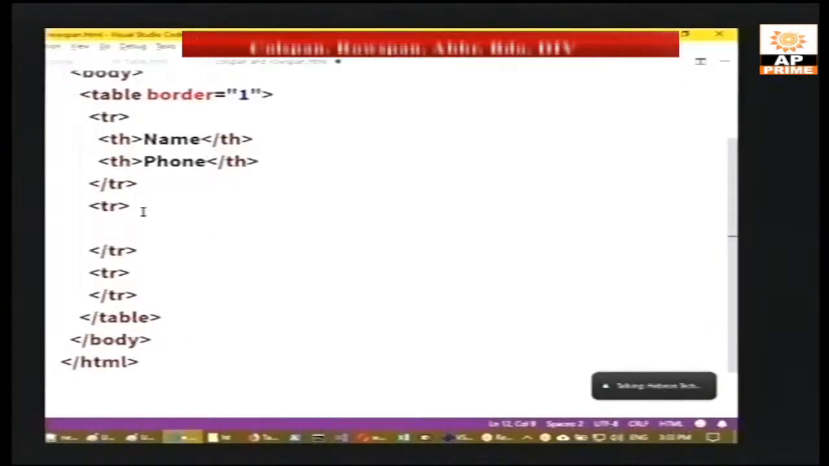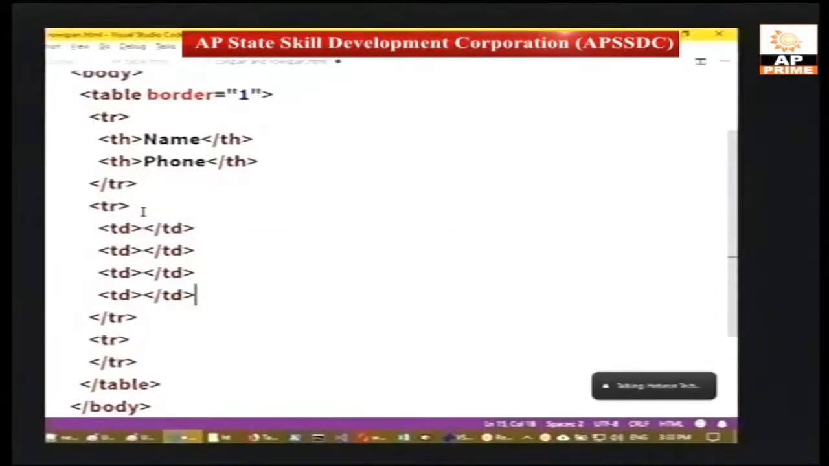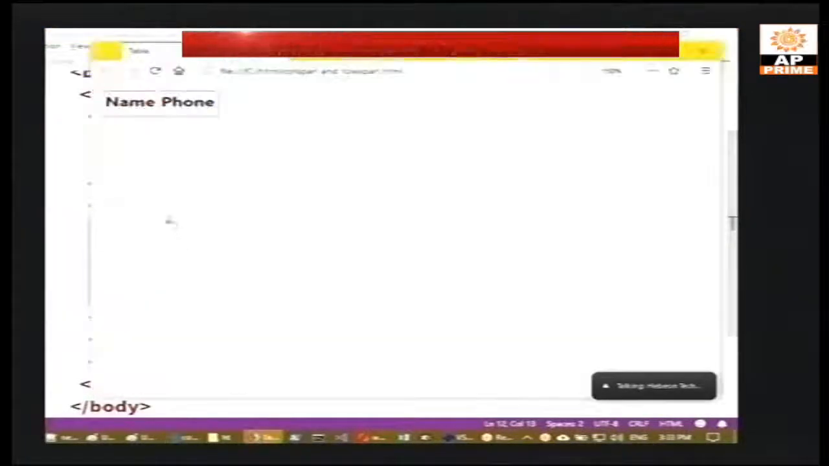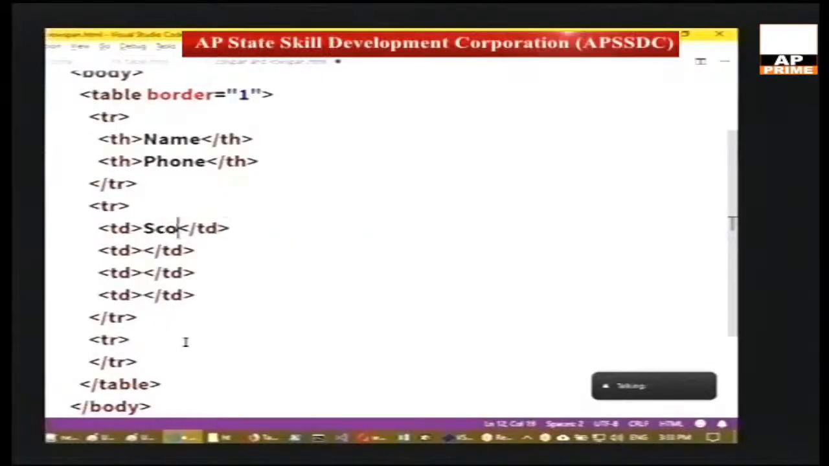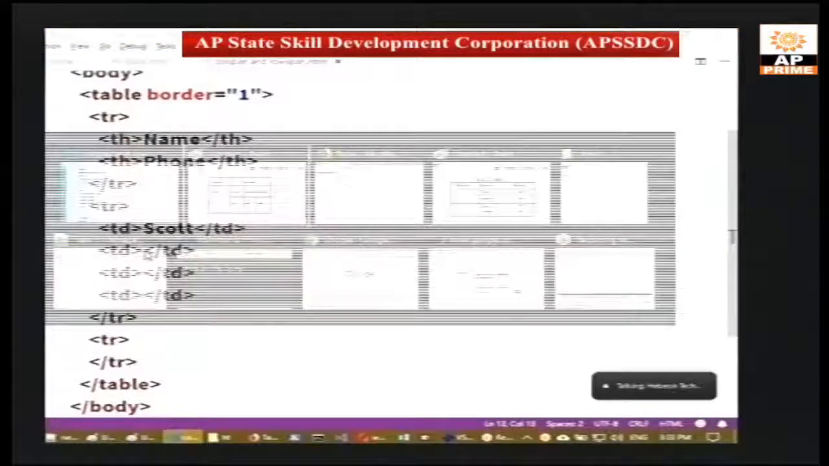So a row with 4 cells we have to create. In the second row we are trying to place 4 cells. 4 cells we have placed. In this row, the first cell should have the content Scott. So you can place Scott, and next